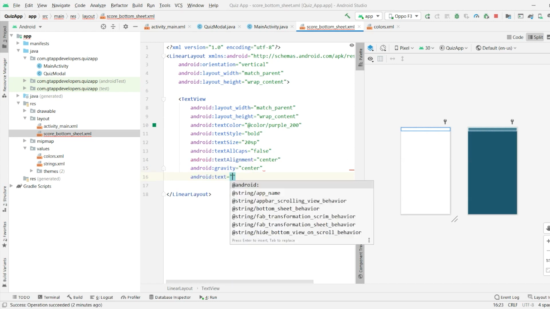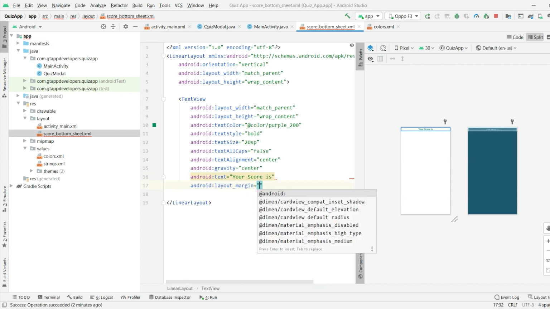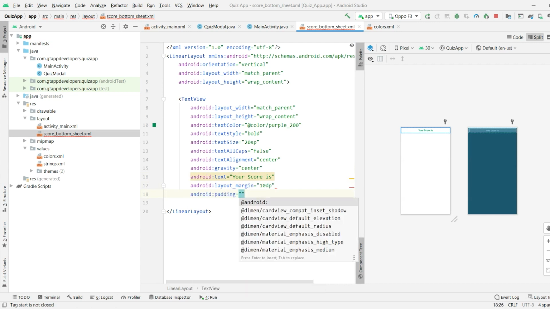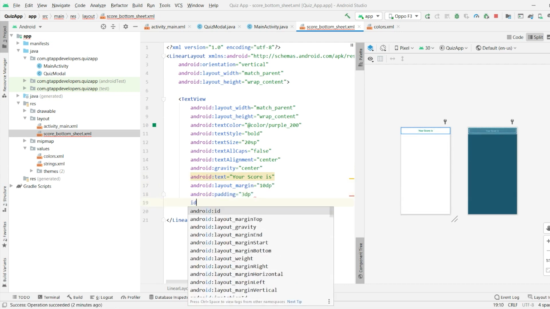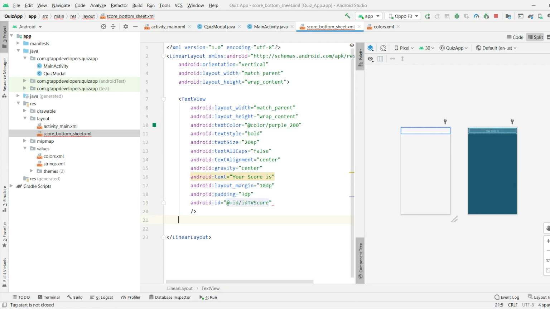Then we will specify the text as "Your score is", margin as 10 dp and padding as 3 dp. We have to specify the id of this text view as idtv score.